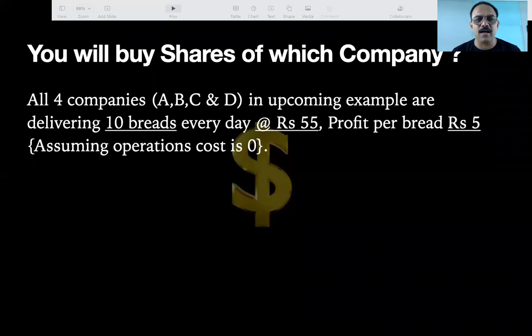So now we will analyze which company's share you will buy. All four companies in the example, A, B, C, D. I'll take just a fictitious company example. A, B, C, D are all fictitious companies, not imaginary companies, and I have taken an example. They are all doing business for the last 15 years. They are not just getting established in the market. Nobody works for establishing themselves after 15 years, right? Everyone has been there for the last 15 years. So don't say that he is promoting his product, don't think anything like that. Okay, they are there for the last 15 years.